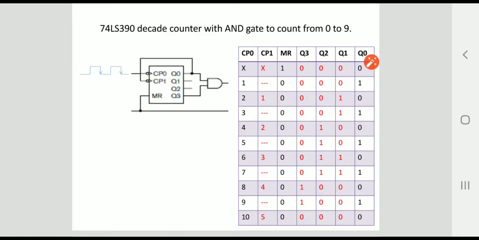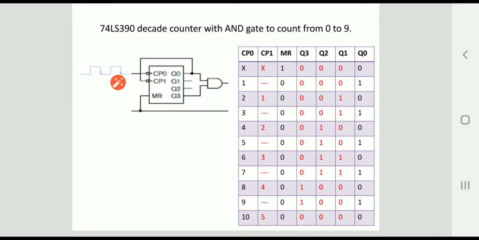At the same time, clock pulse 1 gets 1 as the input, and it is only active for low, that is 0. So it still gets 1 here, meaning Q3 to Q1 remain the same, which is why they are displayed as 0, 0, 0. There is no clock pulse for clock pulse 1, which is shown with the dashed lines.